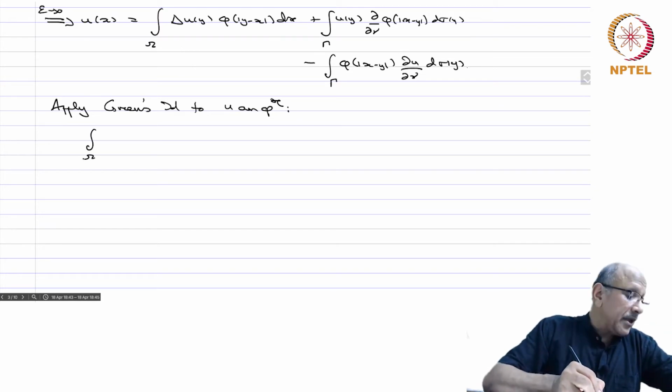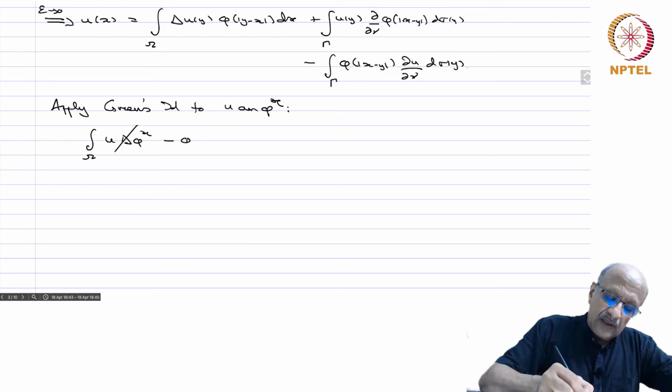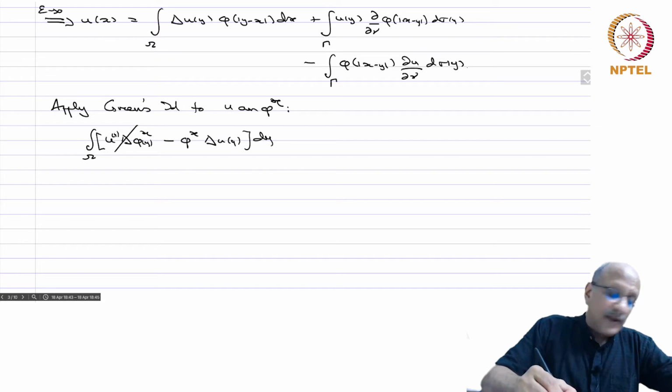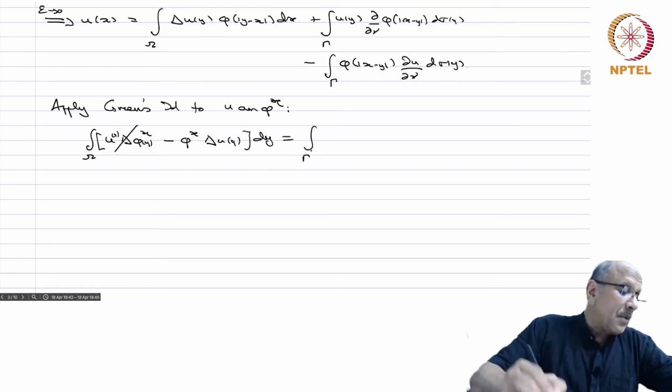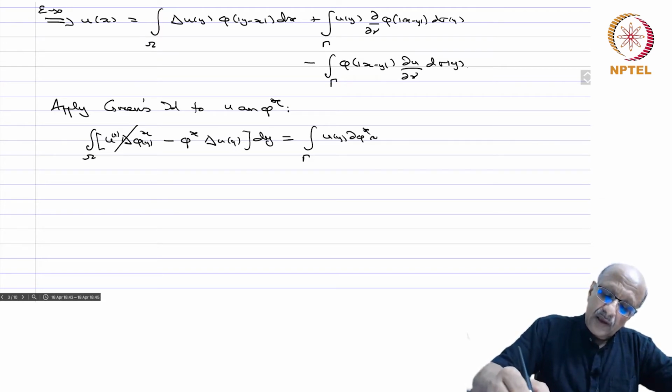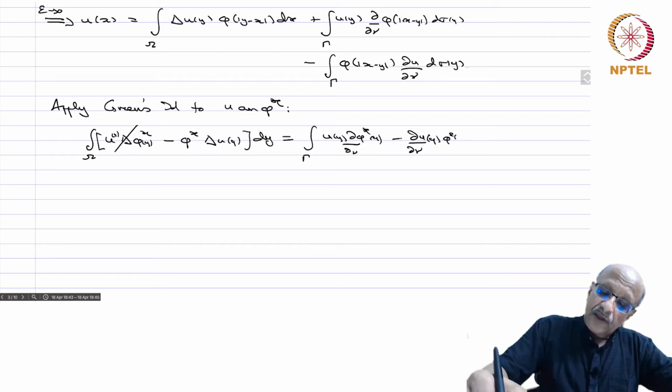So, the integral on Omega of u delta phi^x, again that is 0 because it is a harmonic function, minus phi^x delta u(y) u(y) phi^x(y) dy, equal to the integral on Gamma of u(y) d phi^x(y)/d nu minus du/d nu(y) phi^x(y)